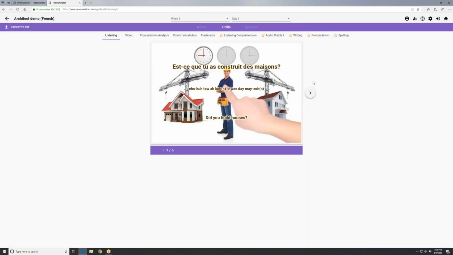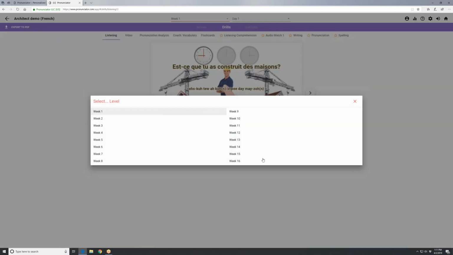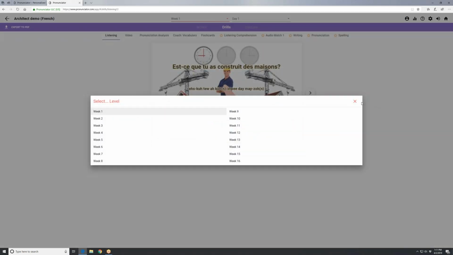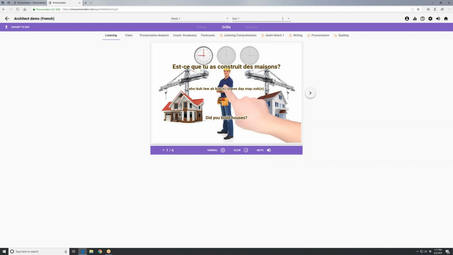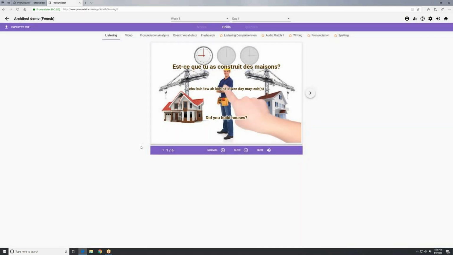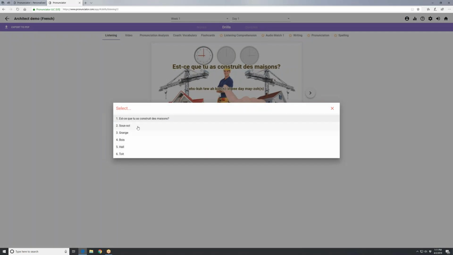And then we'll find the course now under our personalized courses. And remember it was a 16-week course I created, so we can see all the weeks here under the level menu, which is up here again. And then under each week we have 5 days and 1 day of review, which covers all the things we've learned. And if you want to just quickly see what phrases we'll be learning here, notice we started out with a complex one,